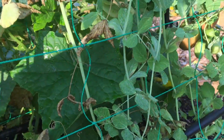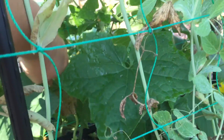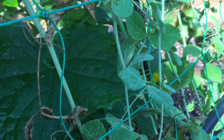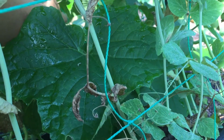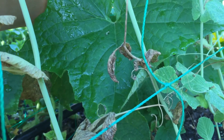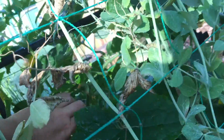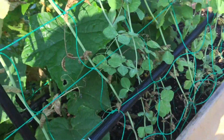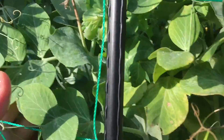There's one cucumber for pickling, because I actually hate cucumbers. I planted them just to make pickles. Now where'd that other one go? Oh, it's here. So I hate the taste of cucumbers, but I love pickles, so I planted these just to make pickles. And I thought about getting myself a bigger pot for doing proper canning, like the water bath stuff. But then everything is sold out online, of course, because of the pandemic. So I just did kind of a quick fridge pickles where you make up the brine and you pour it over them